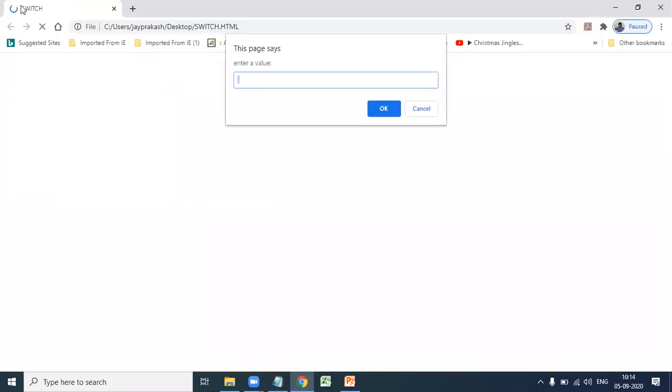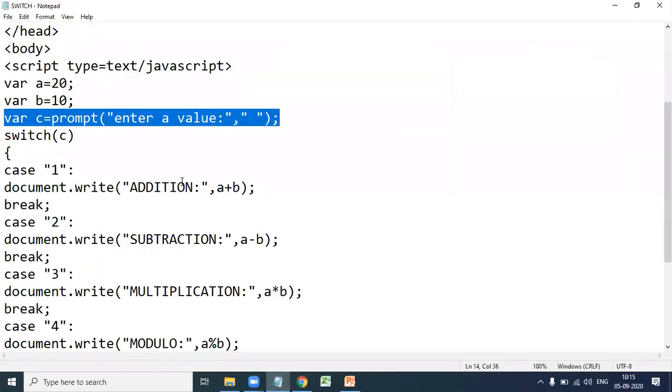See here, switch. Here we enter the value, suppose 1. If the user enters a value 1, it performs the addition operation. Addition a plus b, where a equal to 20, b equal to 10, that is addition 30.